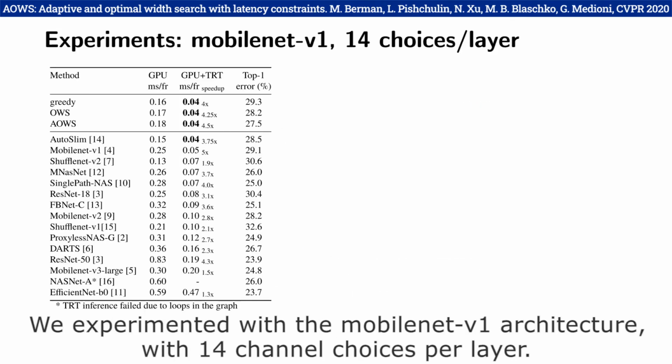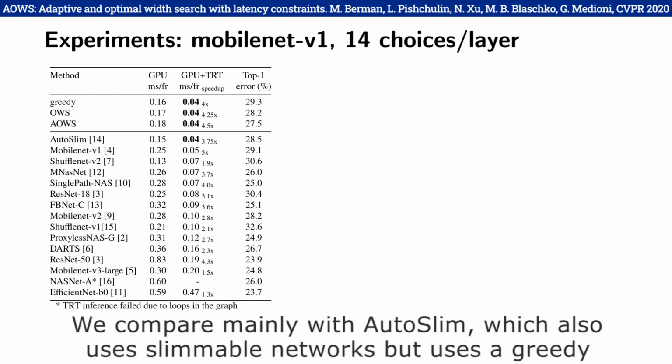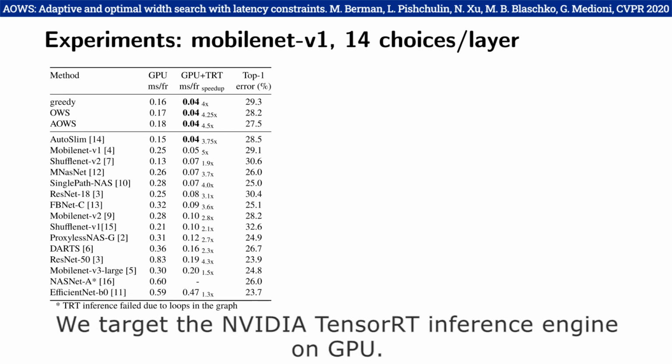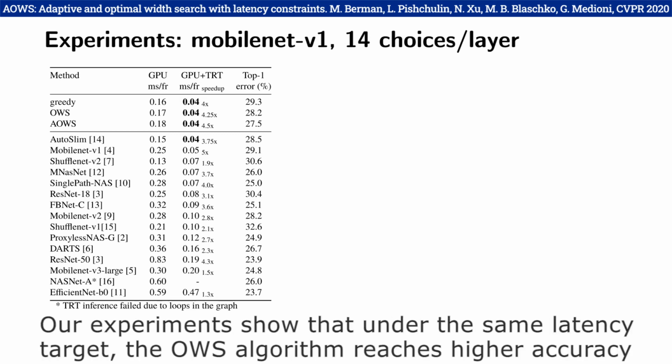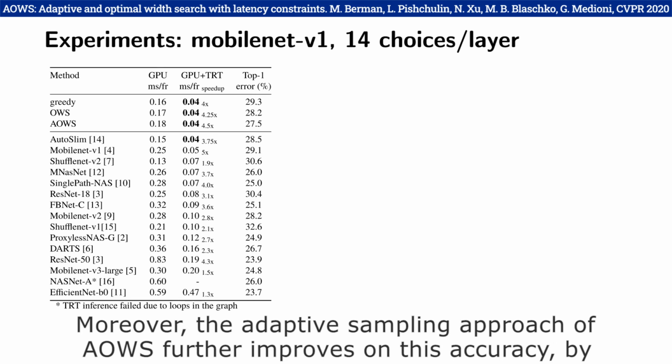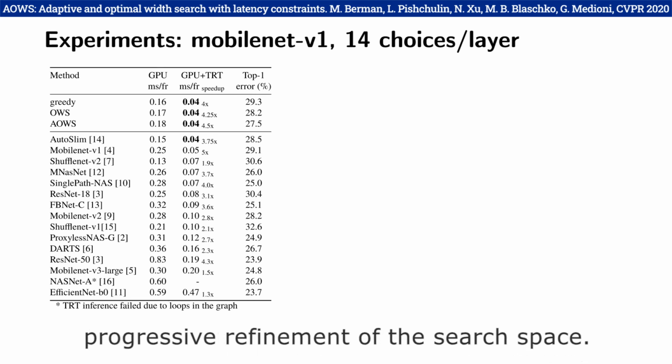We experimented with the MobileNet V1 architecture with 14 channel choices per layer. We compare mainly with AutoSlim, which also uses slimmable networks but uses a greedy selection procedure rather than our Viterbi-based algorithm. We target the NVIDIA TensorRT inference engine on GPU. Our experiments show that under the same latency target, the OWS algorithm reaches higher accuracy than the greedy selection procedure of AutoSlim. Moreover, the adaptive sampling approach of AOWS further improves on this accuracy by progressive refinement of the search